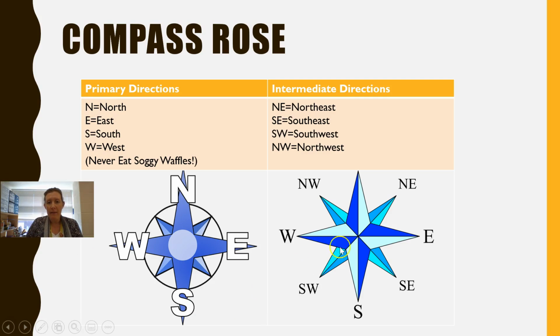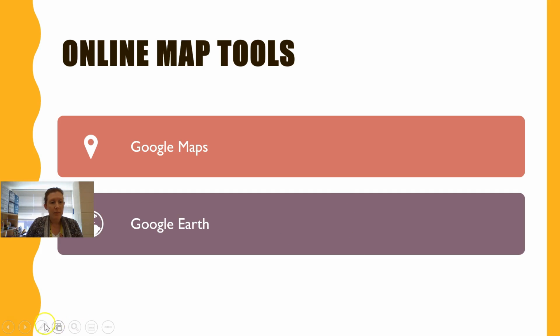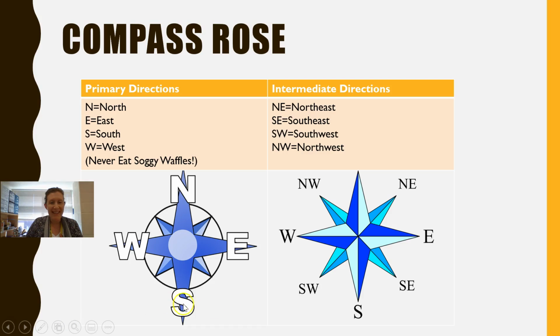Now, what if, oops, we went back a little, sorry, we went a little too fast. What if we want to give someone directions on how to get from one place to another place, but instead of going north or east, they have to go in between north and east, right? So what we're going to use instead of just the primary directions like north or east is we get to use intermediate directions. So it looks like the N for north is missing from this compass rose, must be hidden,